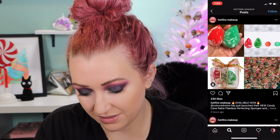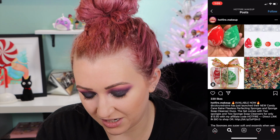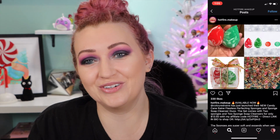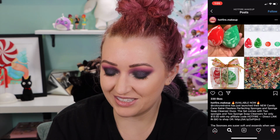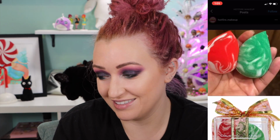This is Colored Rain. These are not actual beauty blenders. These are faux blenders. Beauty faux. No, neither of those work. That's not gonna work. I always think it's interesting when I see beauty blenders or any blenders in general that